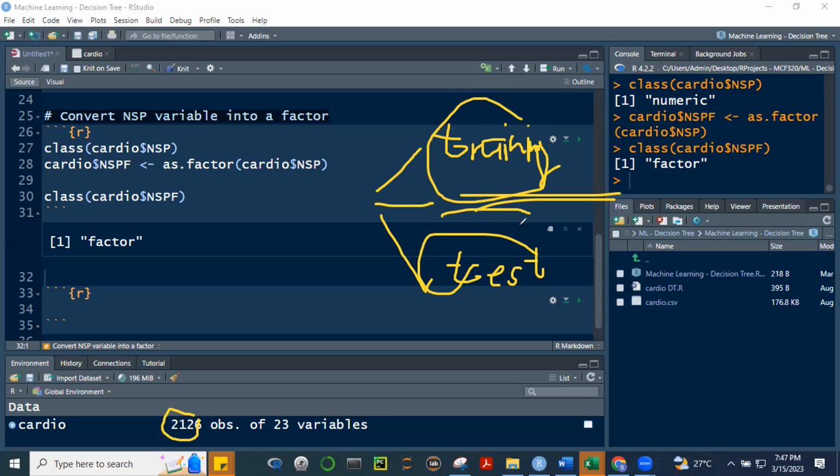And then once it's done, we're going to use that model and try it on the data that has not been seen by the model, right? So di ba, i-split natin to 2126 na to. A portion of that will be used, gagamitin natin, imo-model natin. So magkakaroon tayo ng model, tapos we're going to use the model on the testing data and see if our model is still able to predict using the test data and how effective it is.